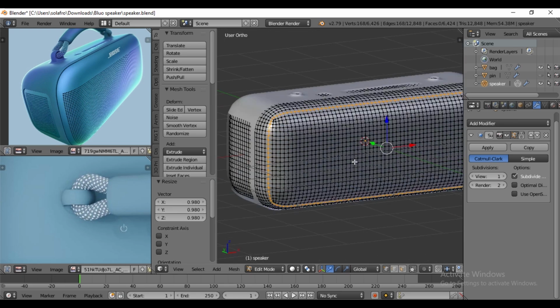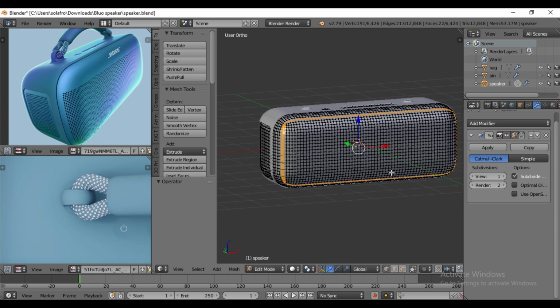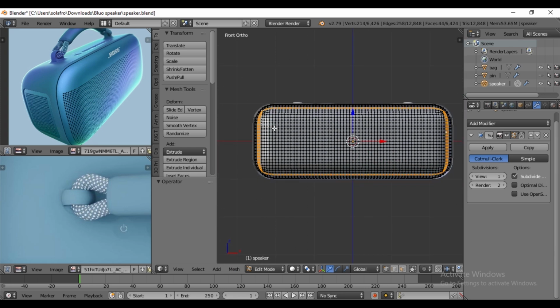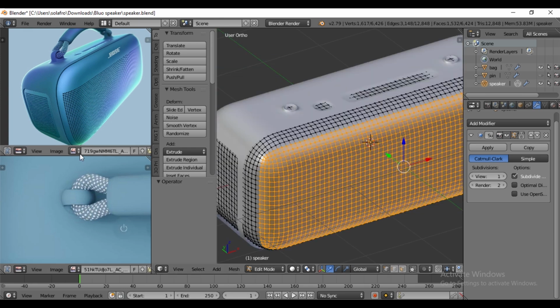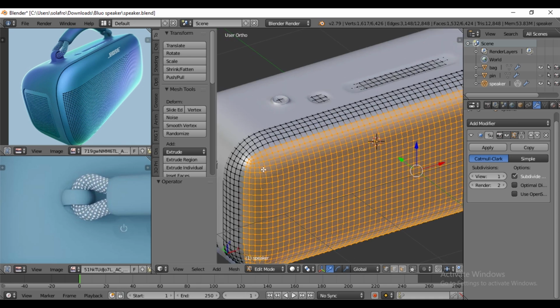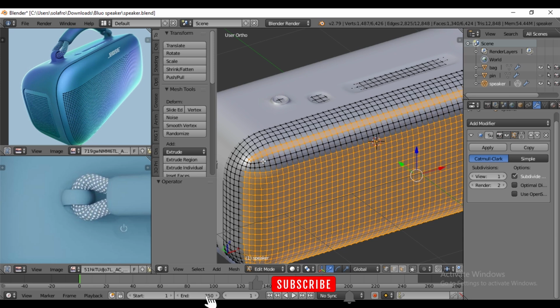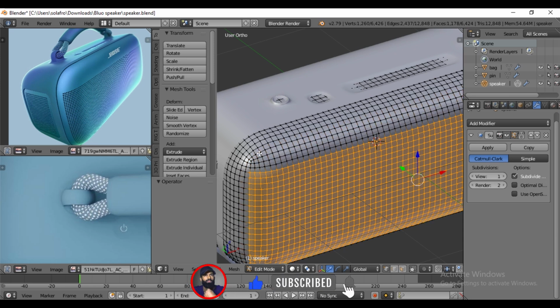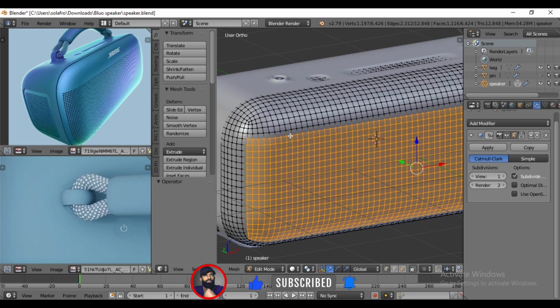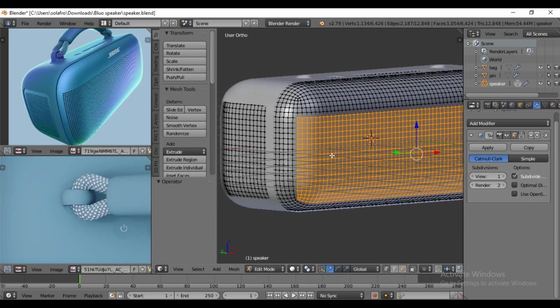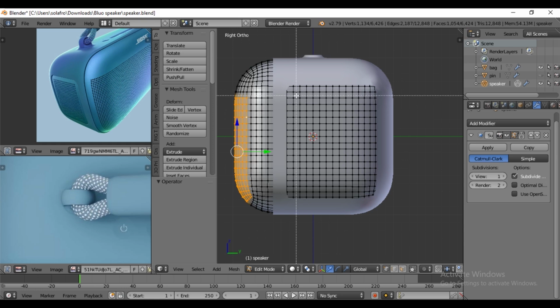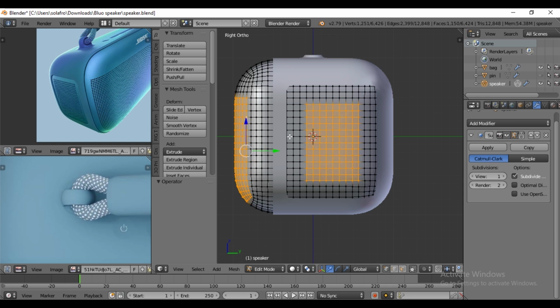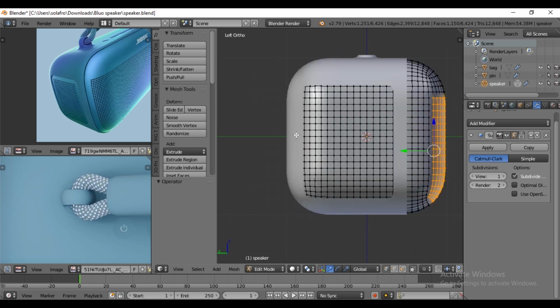By pressing Shift Alt, select the loops. Then by pressing B, drag select vertices. By pressing Shift Alt and selecting, remove unwanted vertices. Hit 3 for side view. Then by pressing B, select vertices. Hit Ctrl 3 to see the other side. Then by pressing B, select similar vertices.